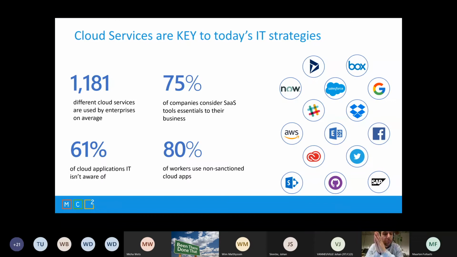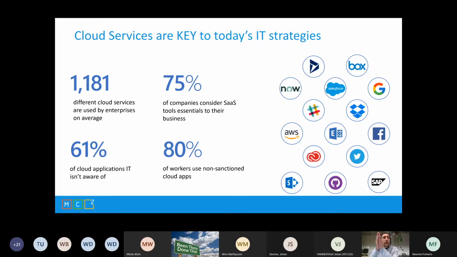What is MCAS? First thing to know here is that we're living in a cloud world these days, or a hybrid cloud world, if you want to say it that way. We see that a lot of the applications are shifting from on-premises to cloud applications, to SaaS applications.